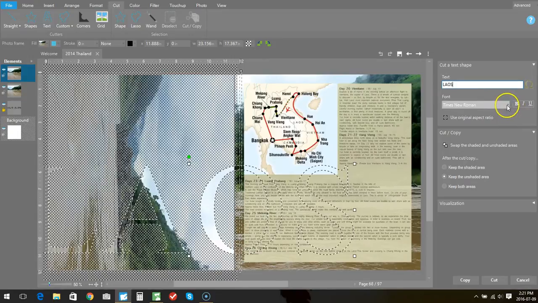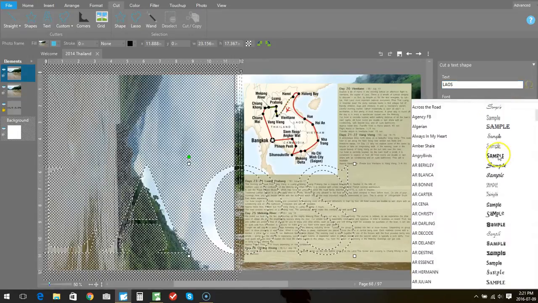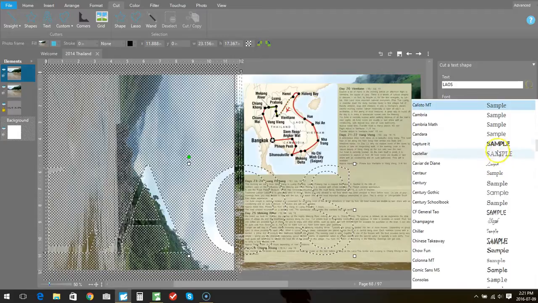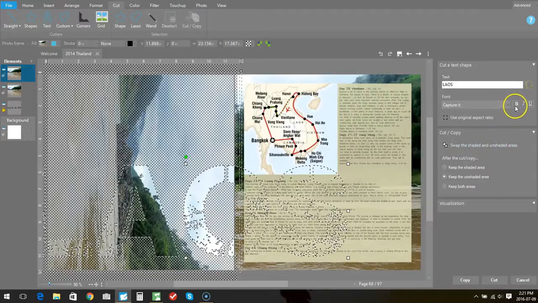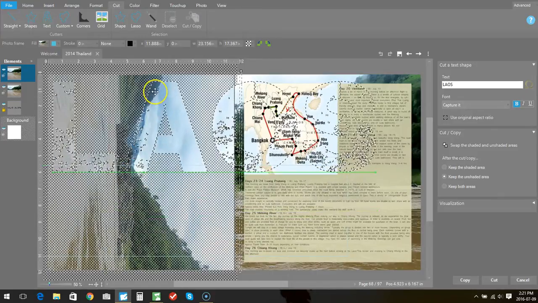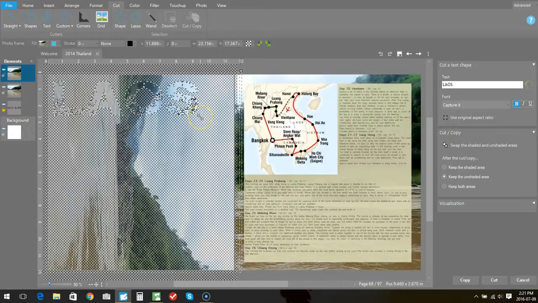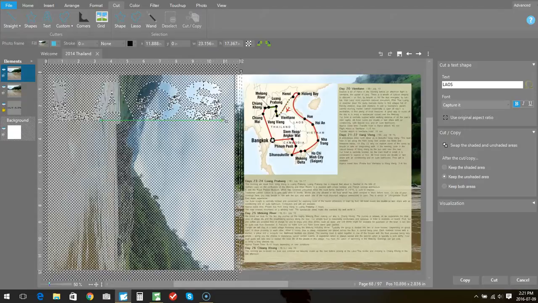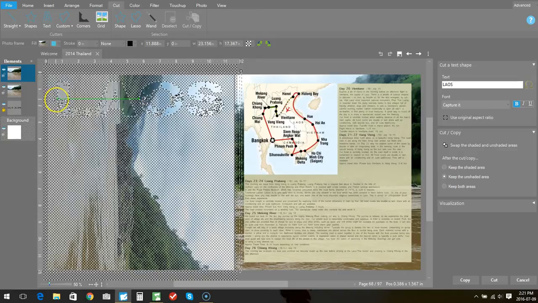We can also choose the font, and I'm going to use one of my favorite fonts called Capture It. And I'm also going to make it bold. Next thing is to position it where we would like it on the album page. And I want a nice big title going across the album page, just like that. Maybe move it in a bit. There we go. And then we are going to keep the unshaded area